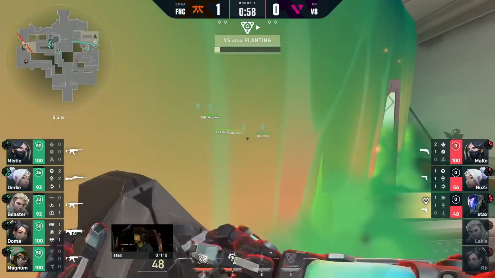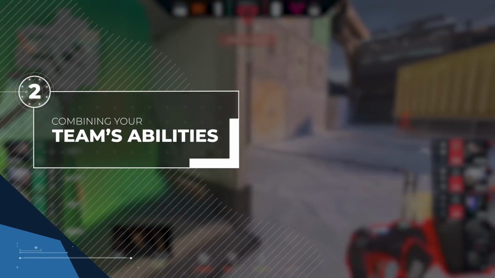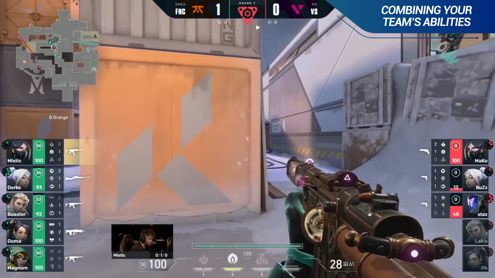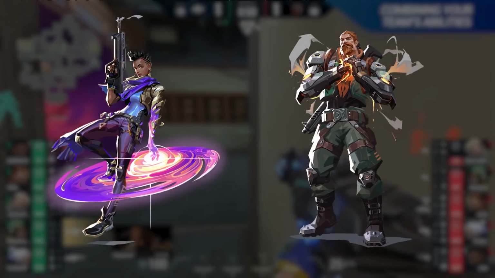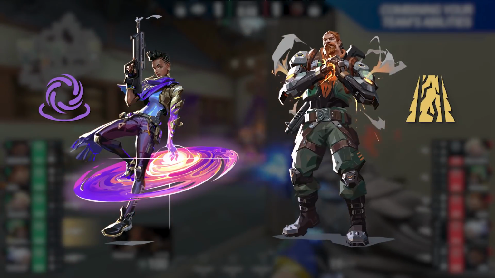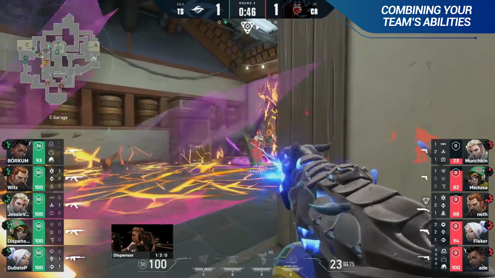Moving on, a crucial part of Valorant is coordination and combining your team's abilities to make plays. This has been greatly highlighted in Valorant Champions. By combining agent abilities together, you can pull off some stunning outplays that will leave the enemy extremely frustrated. One of the most popular agent combinations that we've seen is Astra and Breach. Astra uses Gravity Well and Breach uses Fault Line in the same area. With these two abilities together, the enemy is completely trapped and all you have to do is shoot him down